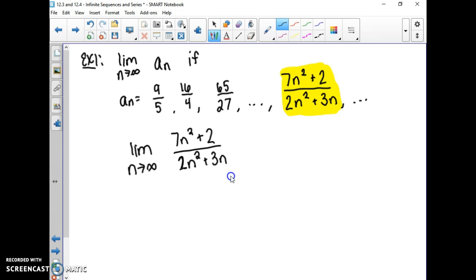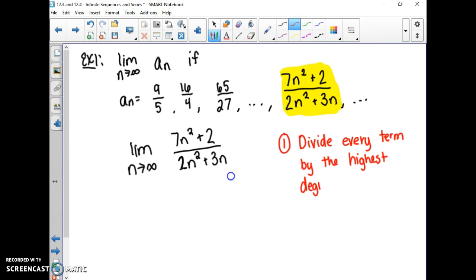So the first step that we are going to do for these problems is divide every term by the highest degree term from